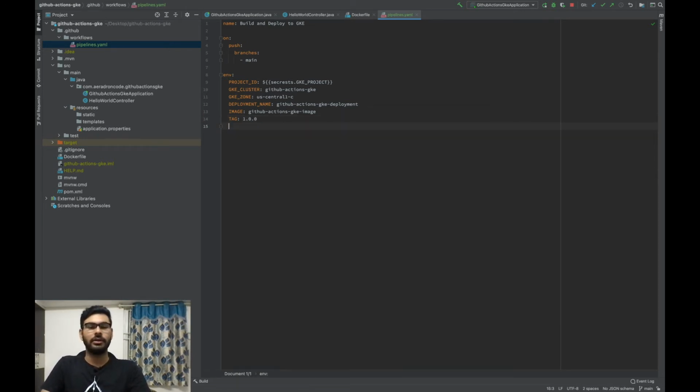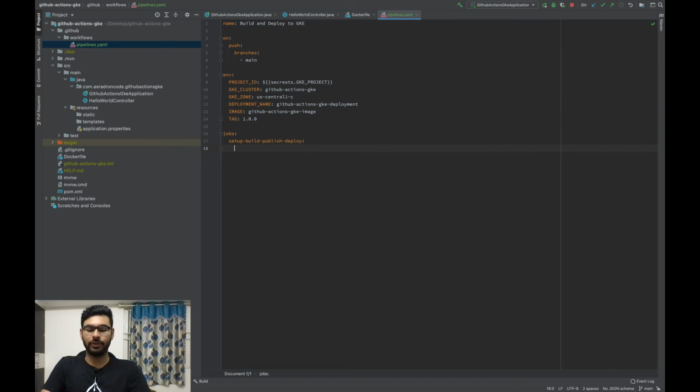So now the next thing that we need to do is set up jobs. The jobs are the actual work that the workflow does. So we'll say jobs, and the job name will be setup, build, publish and deploy. This is the job name that we are setting up for our case.